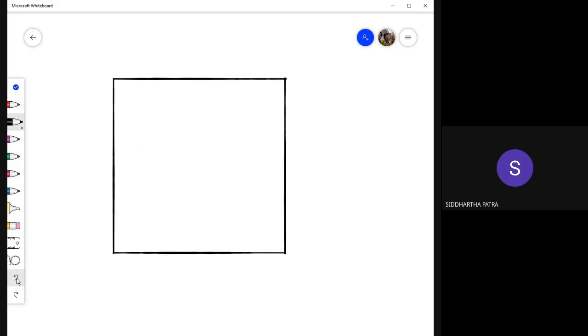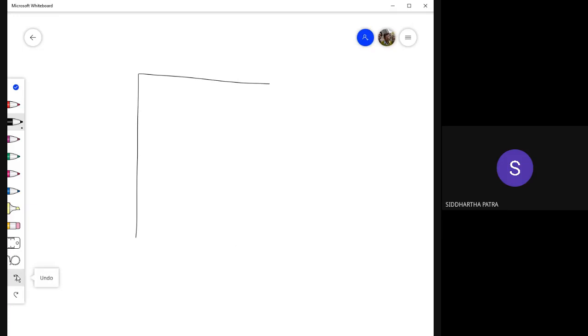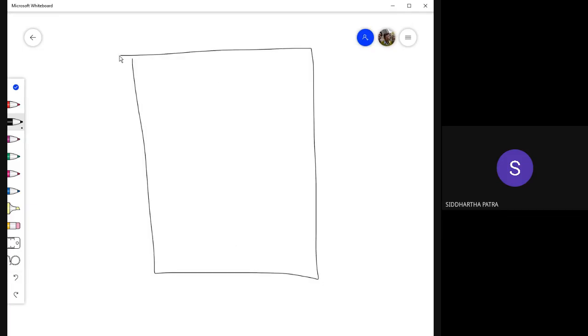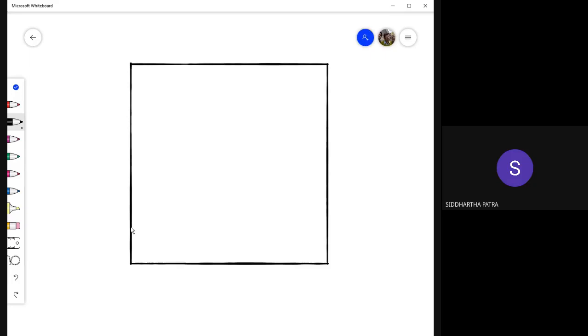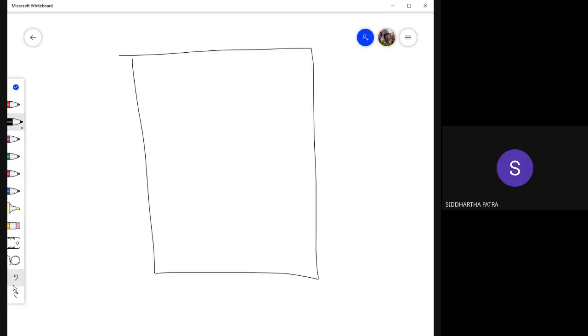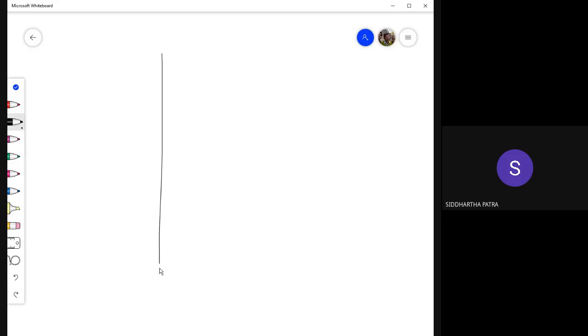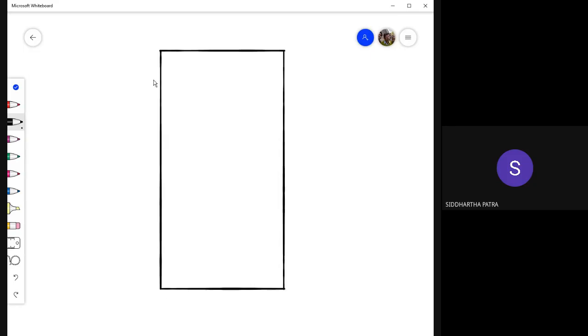Okay. No, I don't want a square. Somehow it turns out to be a square. Okay, so something like this, and there can be your title block, maybe occupying the entire bottom part.